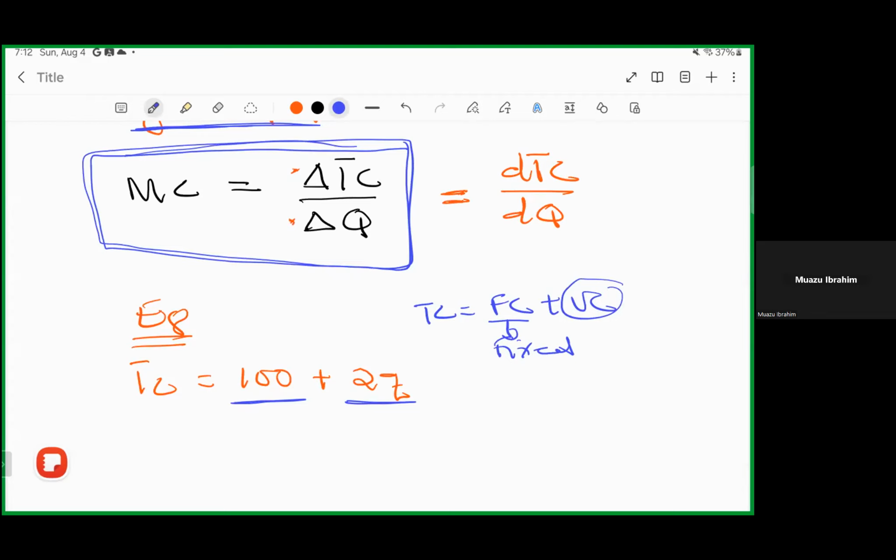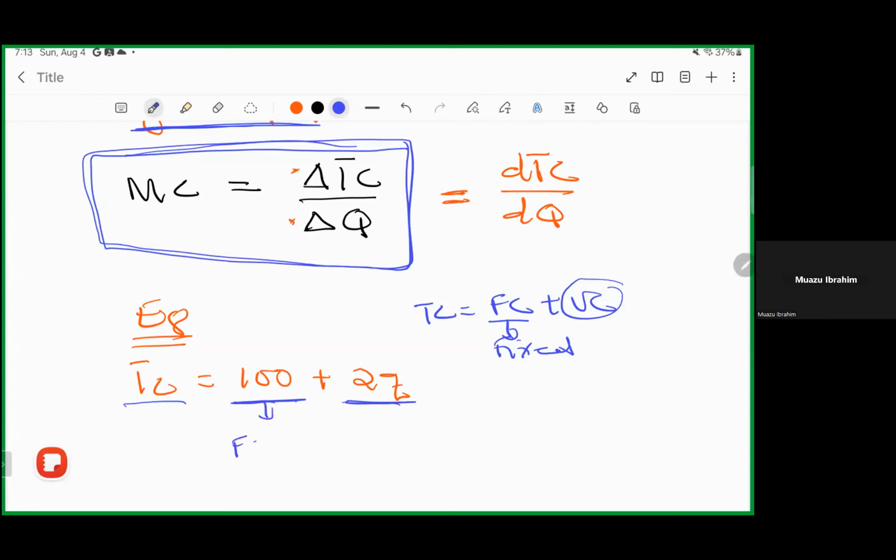So fixed cost is the fixed amount that you spend, and variable cost is the variable aspect of the total cost. Now, if you pick this TC, total cost is equal to 100 plus 2Q. Based on this, you will realize which particular component is your fixed cost. Your fixed cost will be the 100.